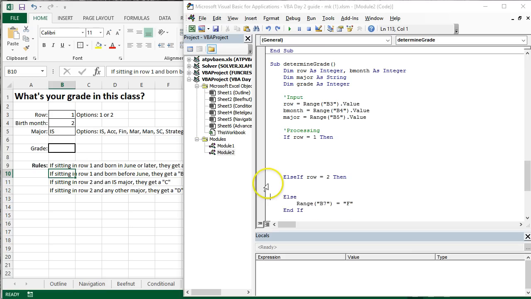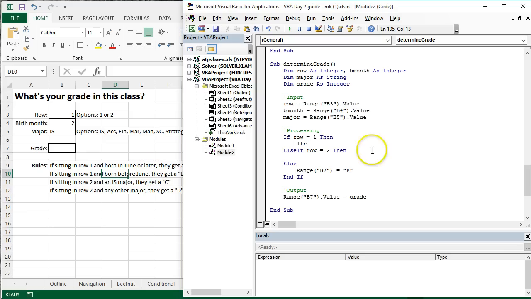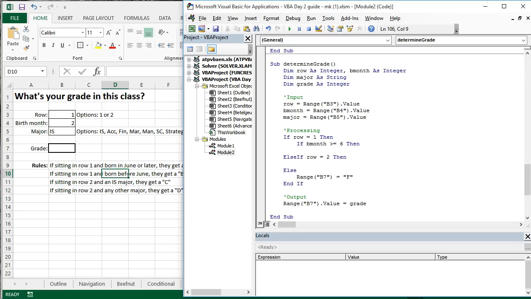So what we can do is actually nest an entire another conditional inside of this conditional. So I'm going to have another if and say, if, let's see, the criteria is born in June or later. Okay, so if B month equals, or I should say greater than or equal to 6, then, and let's come down here, have an else if B month,